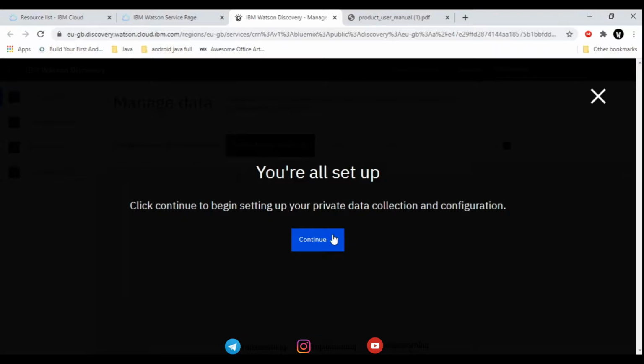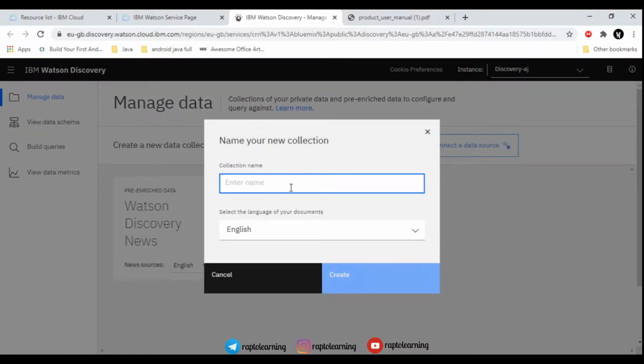I have put that file in the GitHub, so you can easily download it, and you just have to set up here, and we are going to give a name for the collection. So just give it a name. I have given user data as a name and let the language be English only. Then hit the create button.